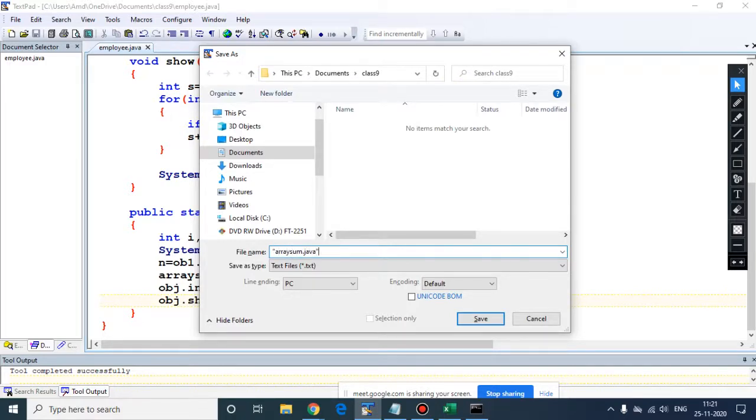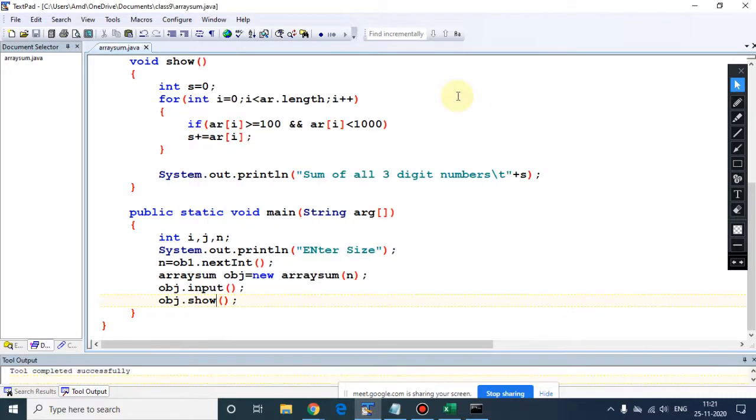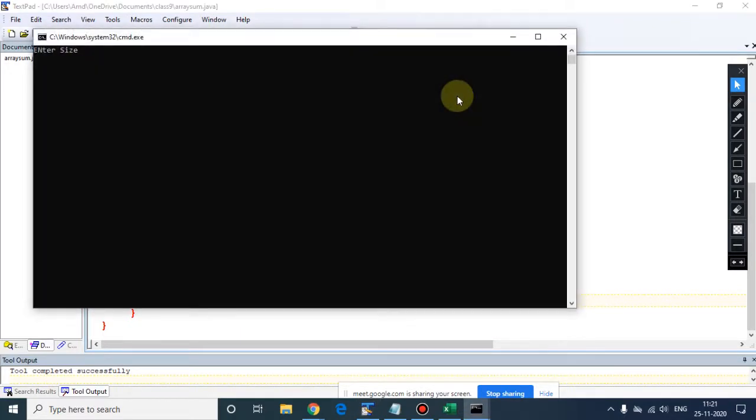So now let me execute. Now see, the size we are inputting like 4, then we are inputting the number like 25, 100, then 35, then 200. So 4 elements we have entered, so the output is coming 200 plus 100. Is it okay, everybody?